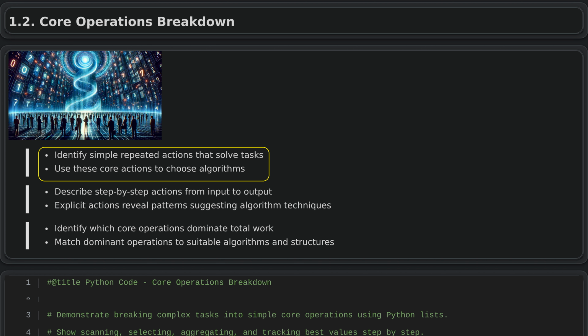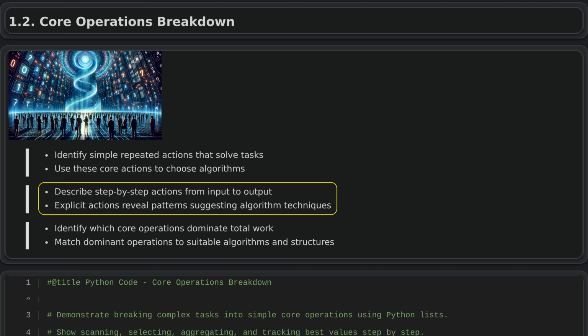Recognizing these recurring patterns reveals the computational structure of the task and helps you connect real-world problems to general algorithmic strategies. When designing an algorithm, imagine explaining the task as a sequence of simple actions that turn inputs into outputs. For example, a movie recommendation system might look up user ratings, compare them with others, compute similarity scores, and